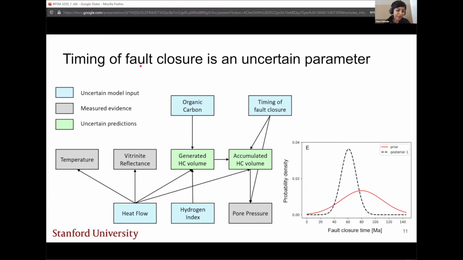So last year, I talked about the findings from modeling the uncertainty in heat flow and the source rock quality using Bayesian networks. But in that study, the fault closure had three different scenarios, and we saw that those scenario-based methods did not work very well. So as opposed to last year, the thing that we've added now is considering the timing of fault closure as a continuous parameter, as opposed to a scenario-based uncertainty. So this is one of the uncertain parameters in our Bayesian network. In red, you see the prior probability of timing of fault closure,